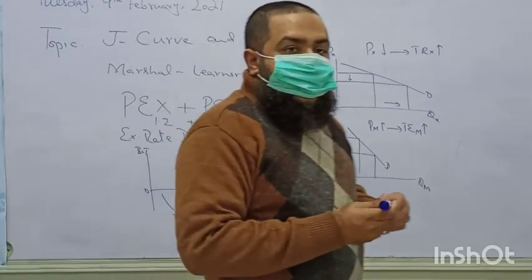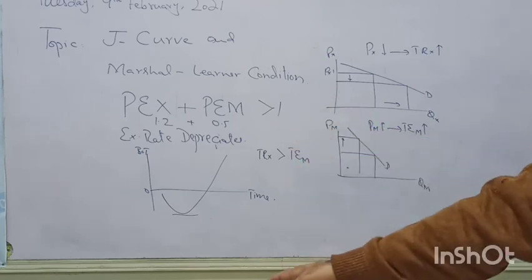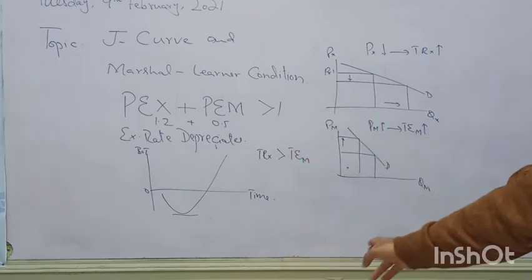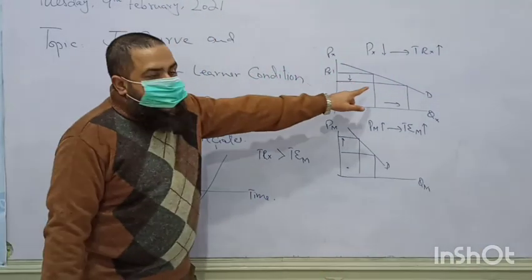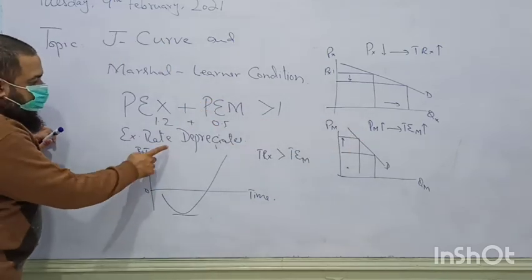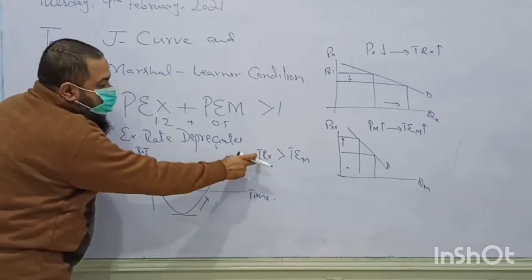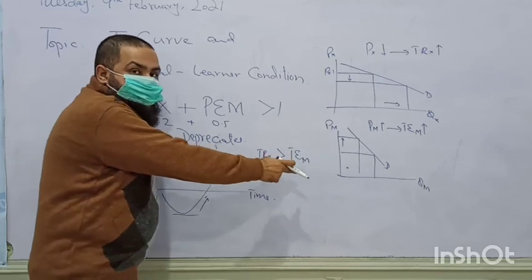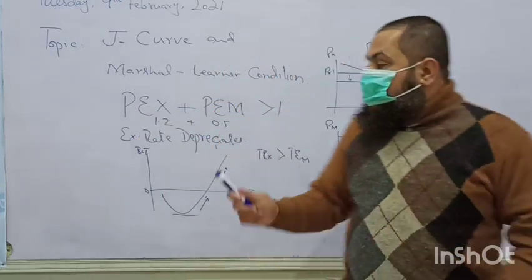When we start exporting, our demand elasticity is inelastic because of fewer substitutes available. So in that way, depreciation was reducing our export revenue and our country was facing a deficit. So when this deficit is here and our export elasticity has become elastic, at this time, when our currency is depreciating, what is happening? Our export revenue is far greater than our import expenditure. Our country will be coming out of this deficit. If this condition is fulfilled,